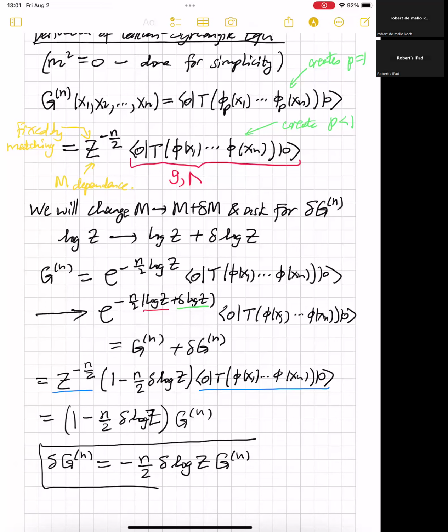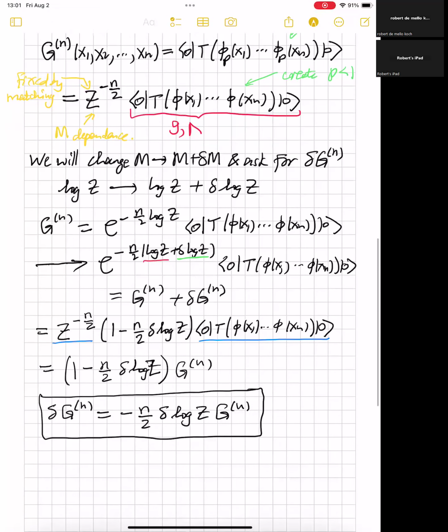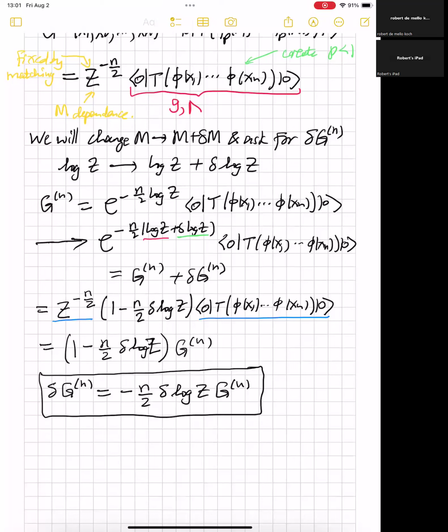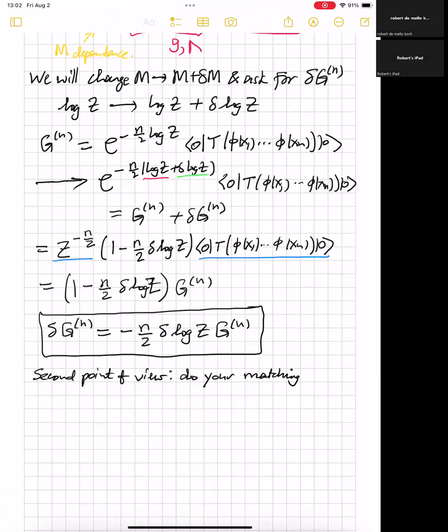Now, what we're going to do next is think about the Green's function in a second way and come up with a different formula for delta g of n. So this is the second point of view. In the second point of view, do your matching. If you've done your matching, then Z